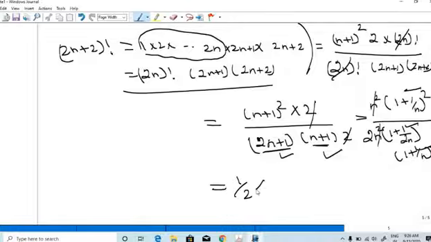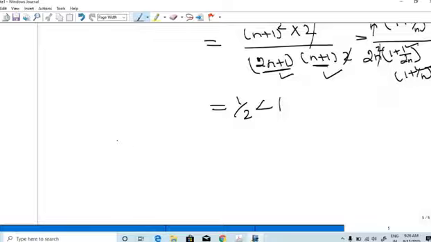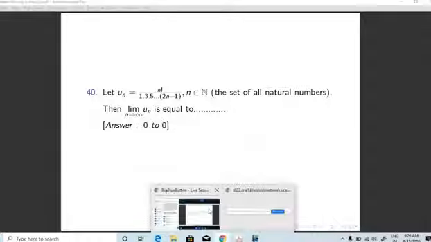1 by 2 is less than 1. Therefore, the limit value is less than 1. Therefore, limit n goes to infinity, u_n value is 0. Okay. So the value of the sequence is 0. Okay. Now,